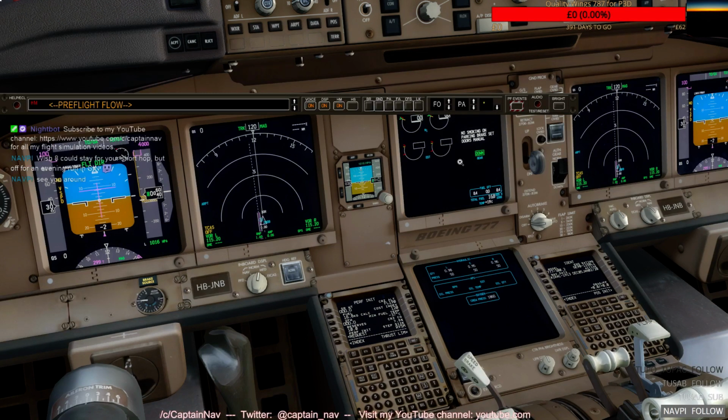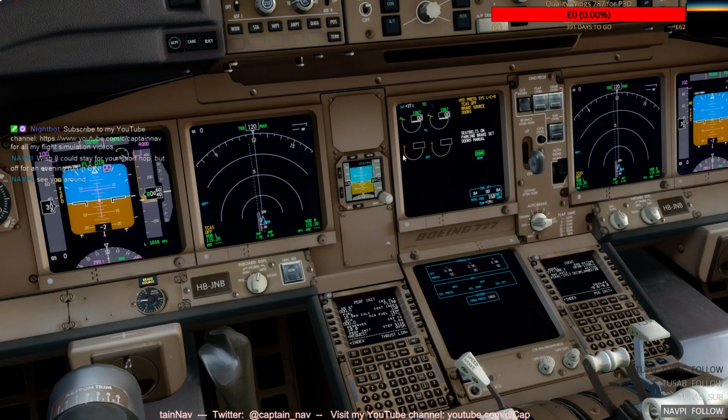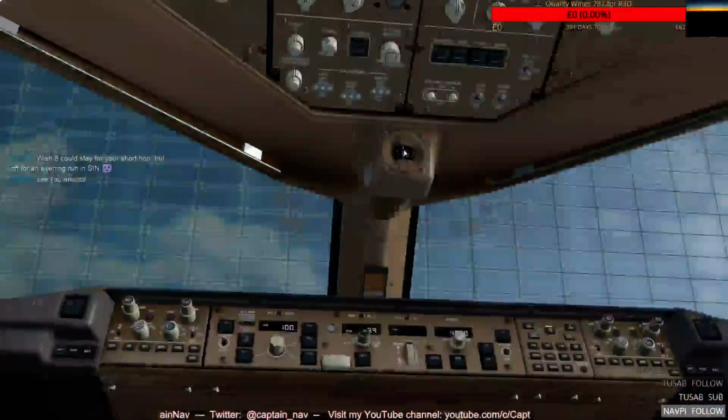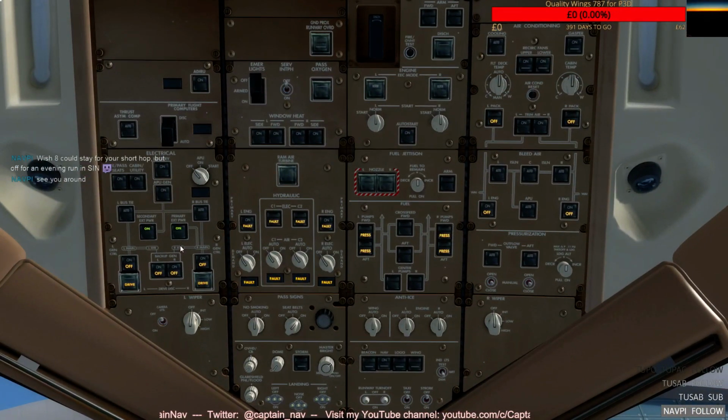At minus 19 he starts his pre-flight flow. I still have the kind of cheat sheet I had made many moons ago. No problem. So he's gonna do his pre-flight flow at the moment, which kind of sets up the overhead panel, which is most of the time in most airlines the responsibility of the first officer,